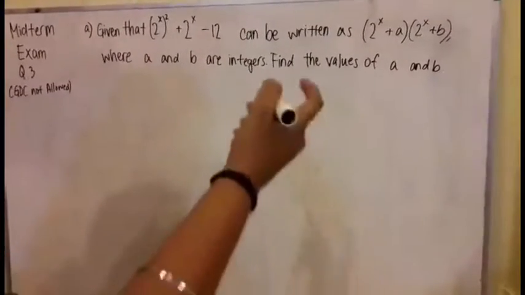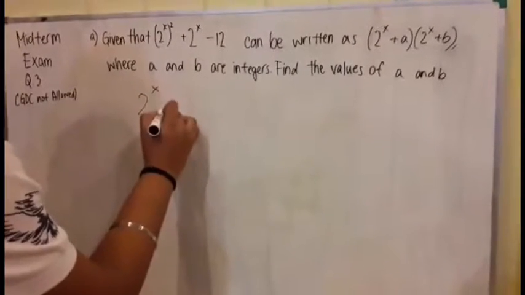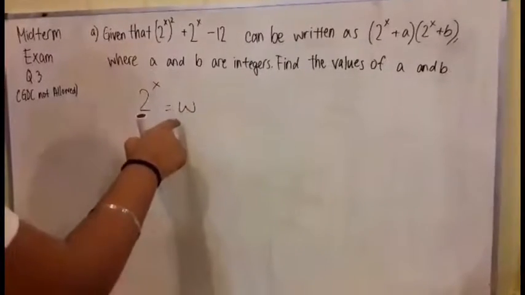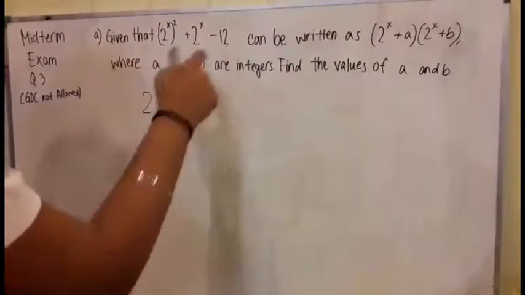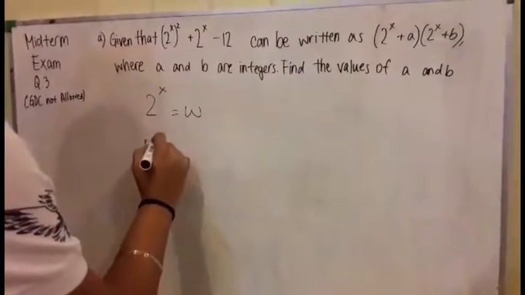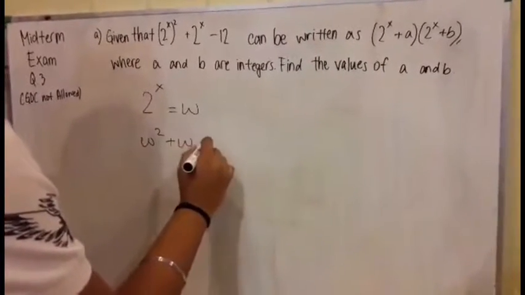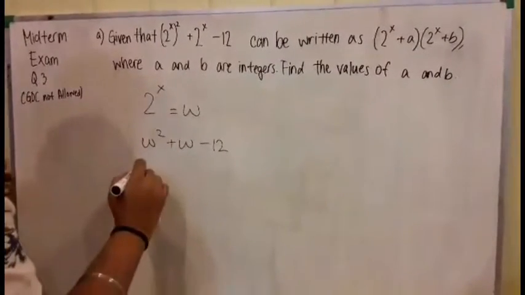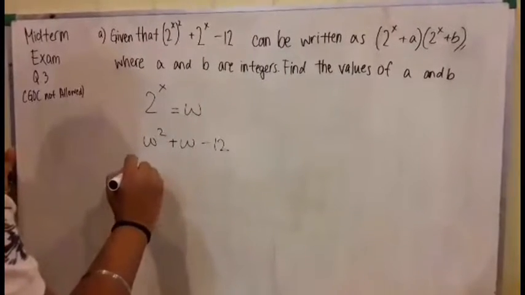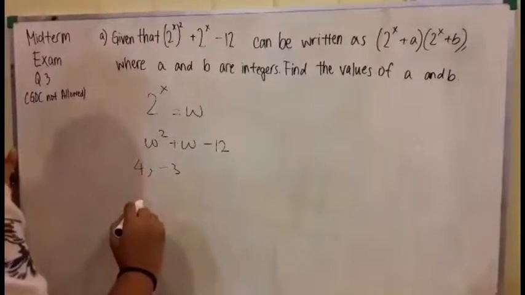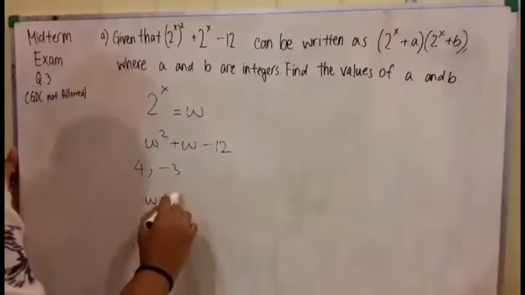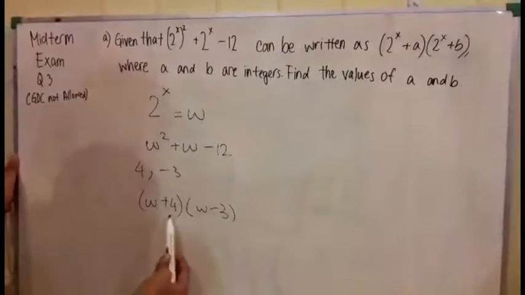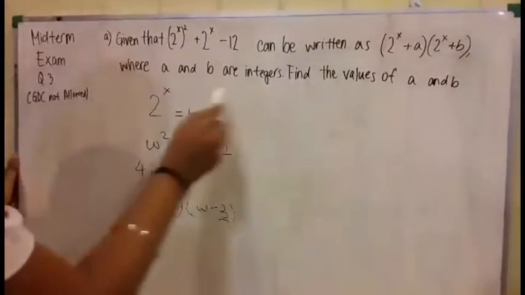So the first thing that we can do is change 2 to the power of x to a variable. So let's take w for an example. So we can substitute w in the equation. So it would be w squared plus w minus 12. So now we can factor this equation. So we can use 4 and negative 3. So (w + 4)(w - 3), and since we know that these are integers and the question says that